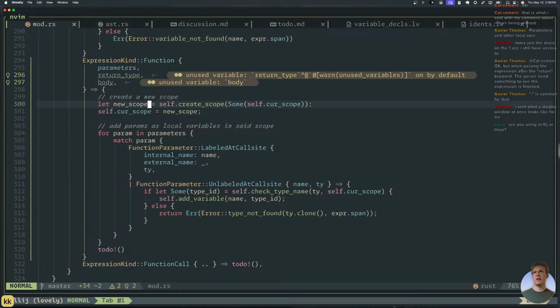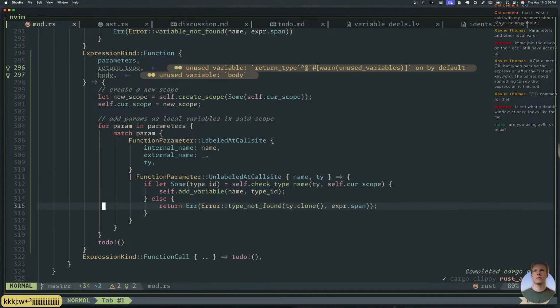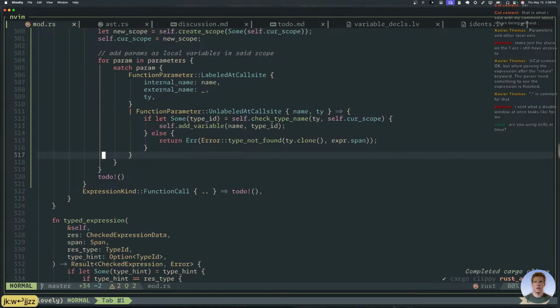All right, so there's that, and then body. So body. Okay, so we need to go through and